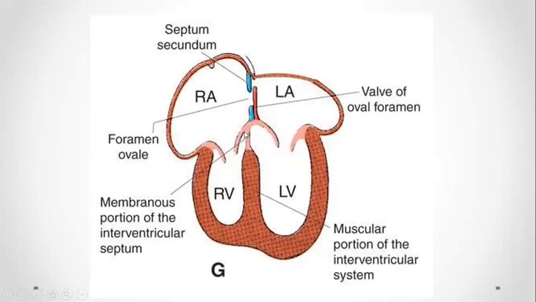Now if you see here, this is the fibrous skeleton of the heart. The same fibrous skeleton descends slightly downwards as the membranous portion of the interventricular septum. Initially the upper part will be membranous, and the lower part is the muscular portion of the interventricular septum. This is the normal. So the upper part will be membranous, and the lower part of the interventricular septum will be muscular, and this is the skeleton of the heart. So this is the normal feature.